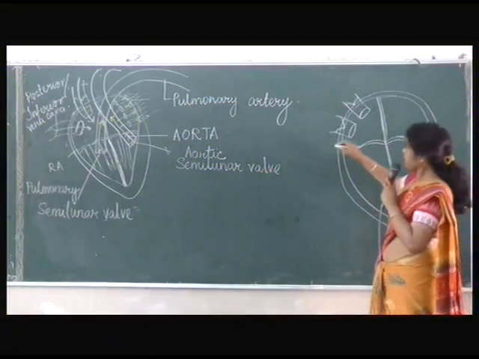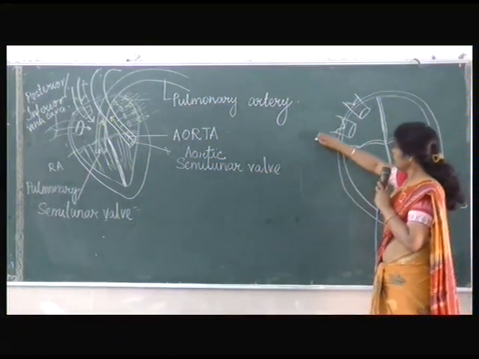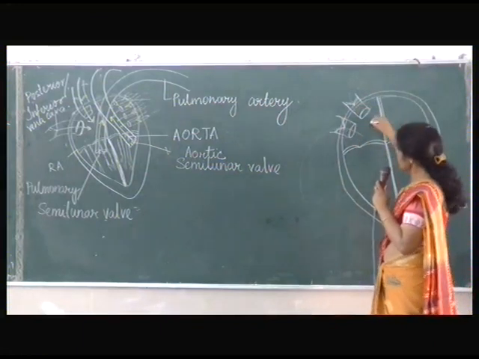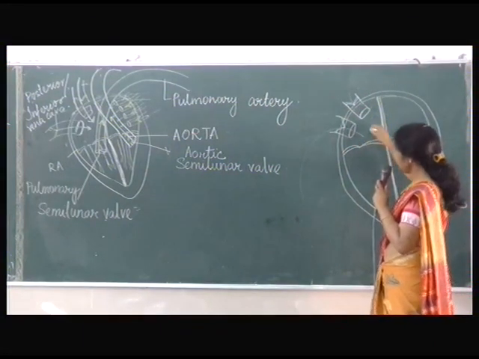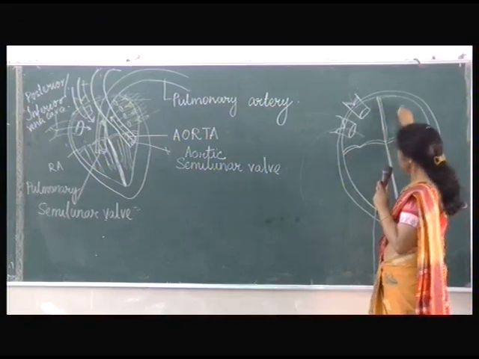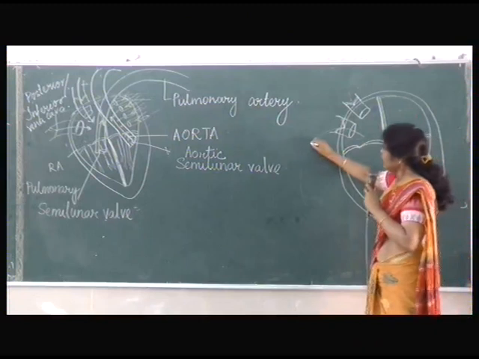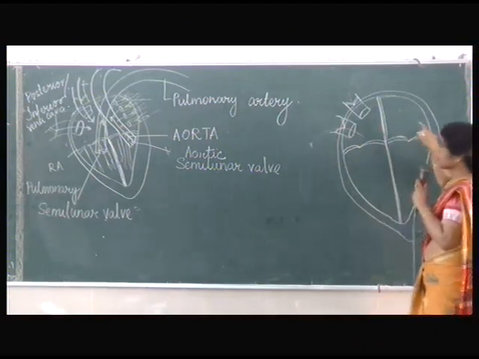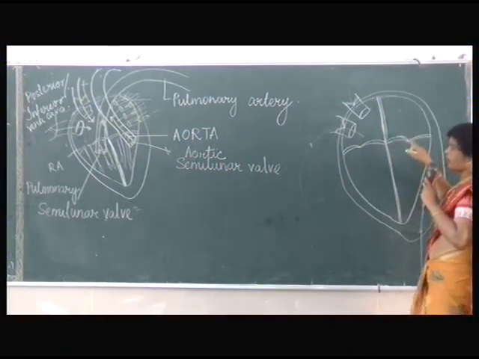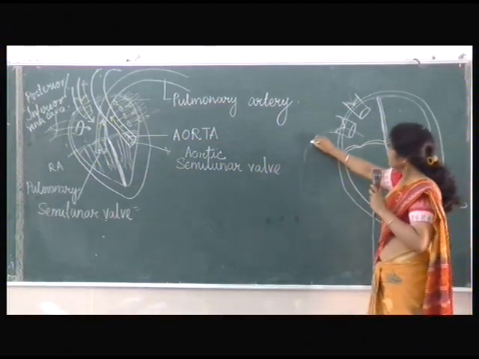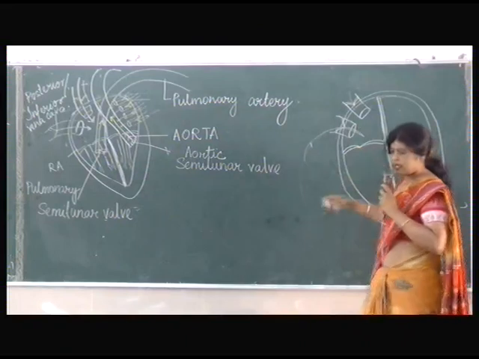Blood from different parts of the body enters into the heart. One by one, we will go chamber wise. Right auricle, right ventricle, left auricle, left ventricle. Now the blood in one circle, rather, what is happening inside the heart, we will see. Blood enters into the heart, is it clear?